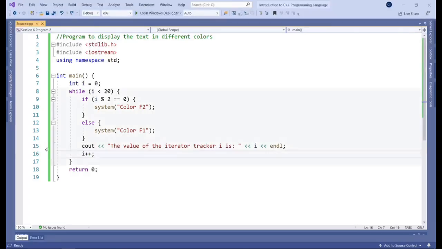And again, we loop back to the beginning of that while loop, and now we evaluate 2 less than 20. Is that true? It's true. So we keep going, right? We get into the body of the loop, and now we have 2 dividing by 2. So is that divisible by 2, right? Are we going to get a 0 remainder? And that's the case. Therefore, we print out F2.